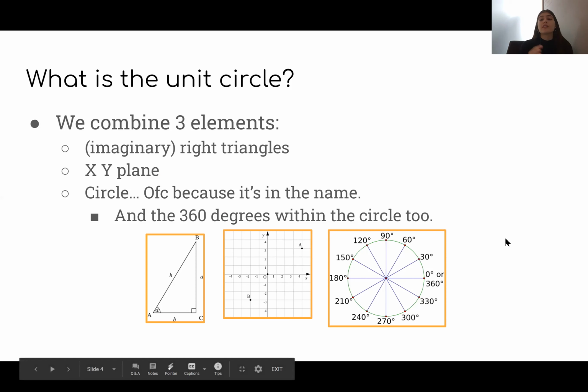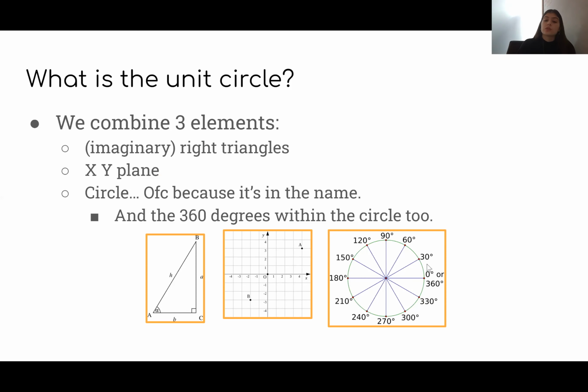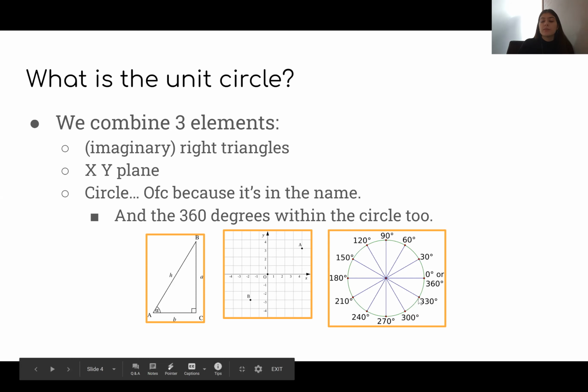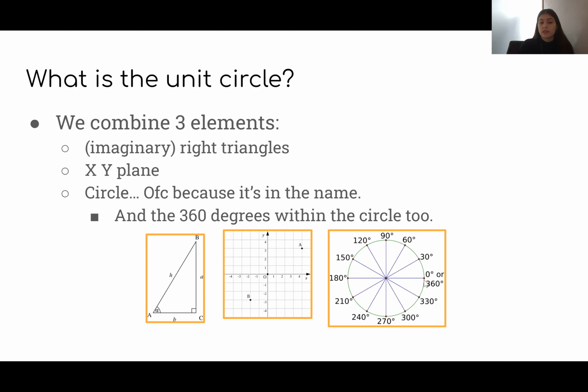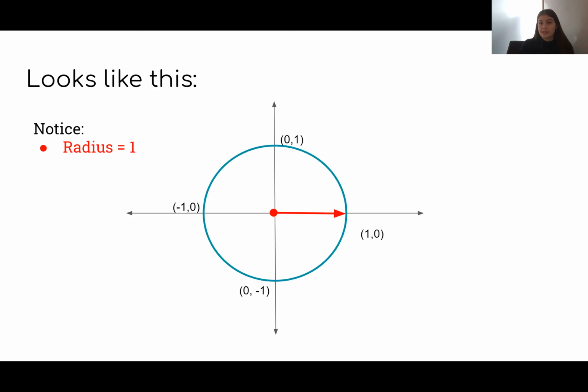And then we're also combining the third element, which is a circle, and all of the 360 degrees within the circle. So you can see right here, and we always start right here over on the right side, and we move counterclockwise around till we get back to 360 degrees. All right, so we're going to combine all of this together when we're creating a unit circle. So it's going to look something like this. All right,